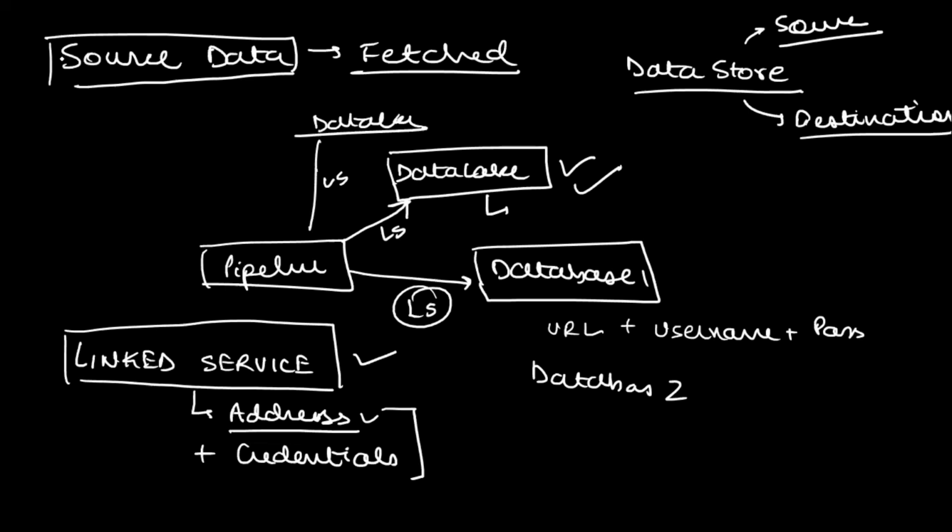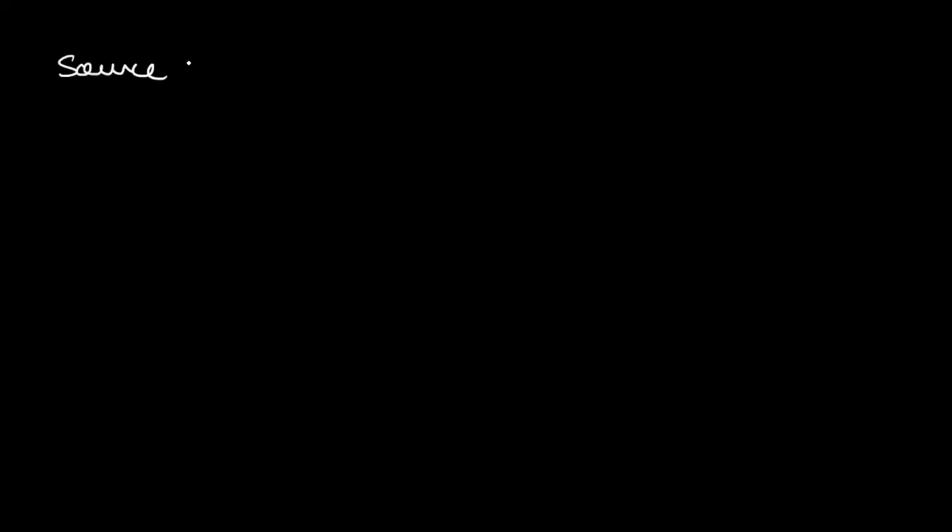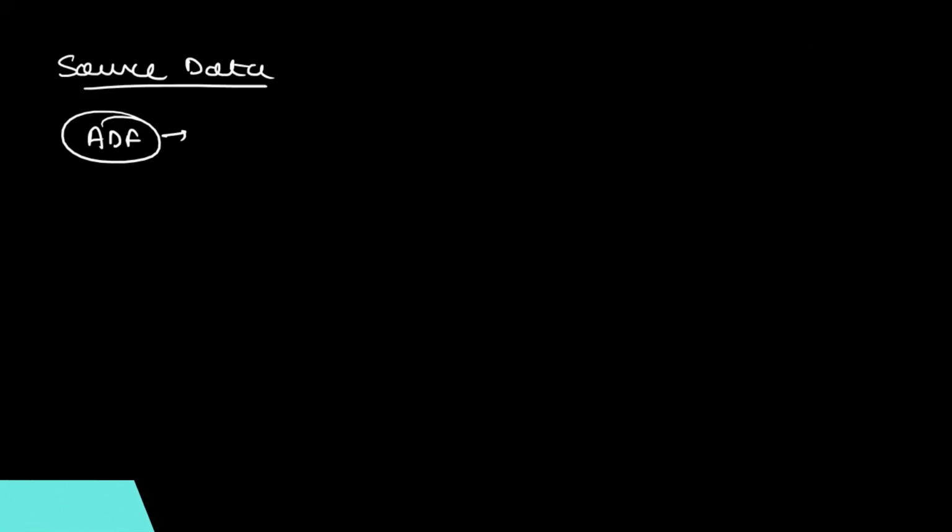Now, you're talking about source data. The moment you start defining the source data, within ADF you have to tell them what data you are transferring. Yes or no? I need to tell ADF that these are the files that you need to fetch, these are the files that you want to ingest. Correct? Once I have the linked service in place,